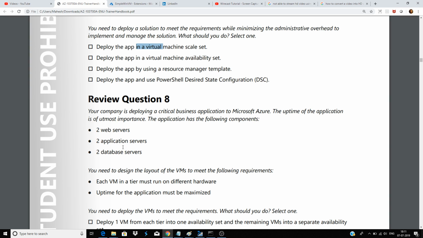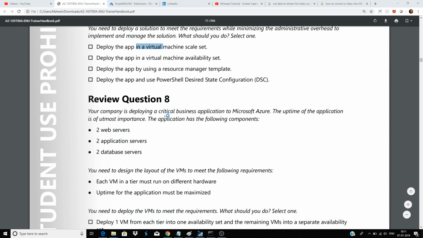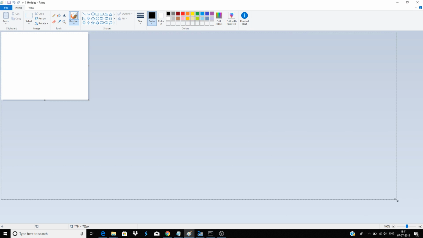You have 2 web servers, 2 application servers, and 2 database servers. You need to design the layout of the VM to meet the following requirement. Each VM in a tier must run on different hardware, and uptime for the application must be maximized. It can be explained simply by MS Paint, which I am going to create as of now. Okay, so what does this question say? This question says that